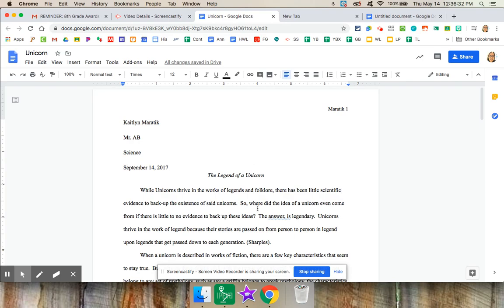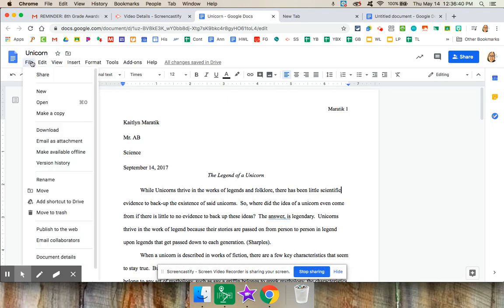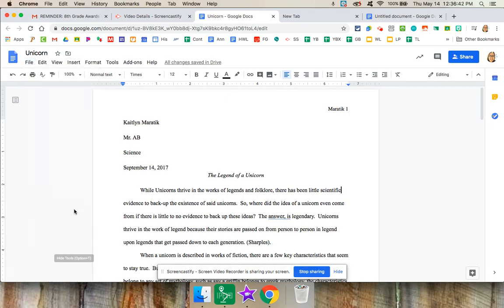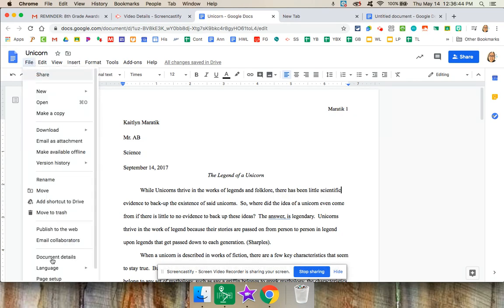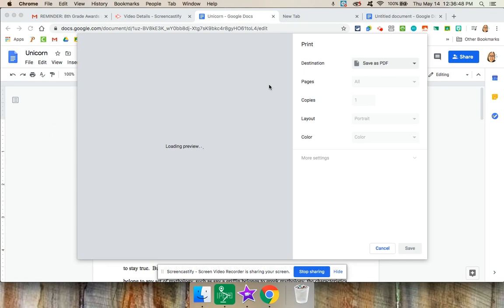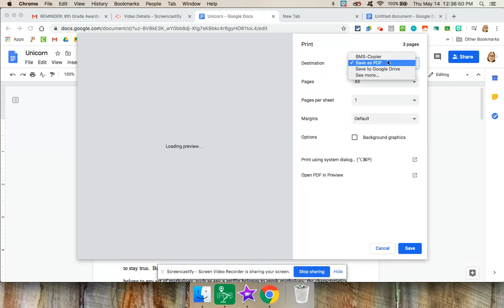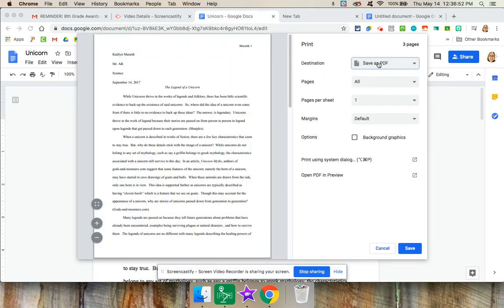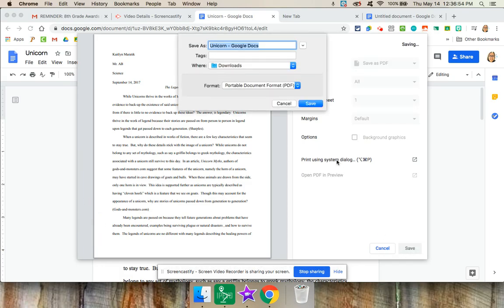But let's say you've got something like this and you're like, no, that's what I want it to be. We're going to make this look even nicer. What you do, you come over to File. You go down to Print, and then wait for it. Instead of actually printing it, you save it as a PDF. And then when you go to save this, you put your name in it. So like Maratik,